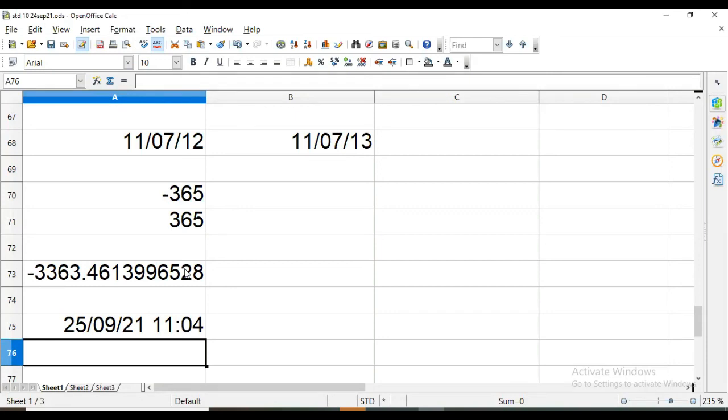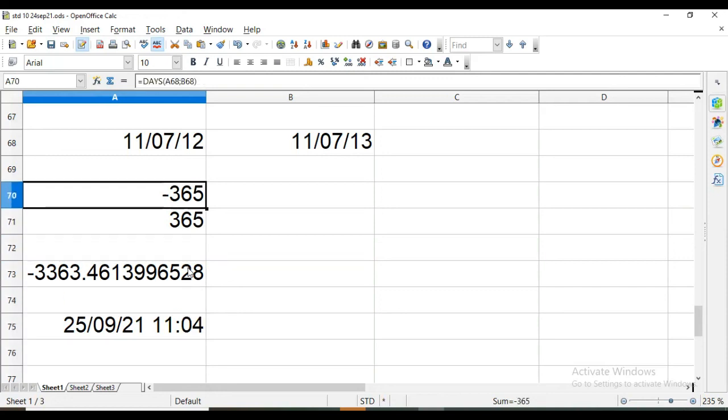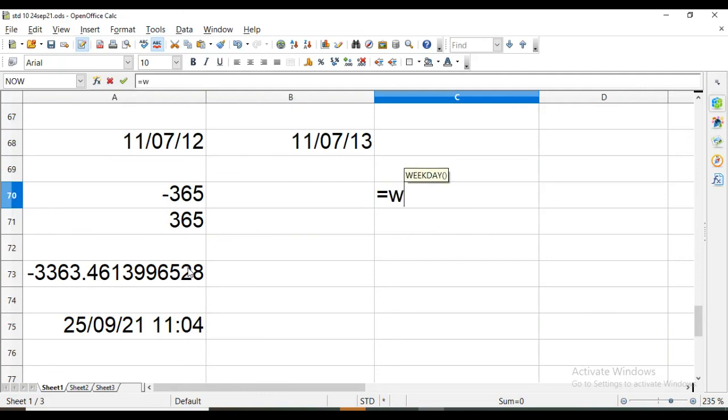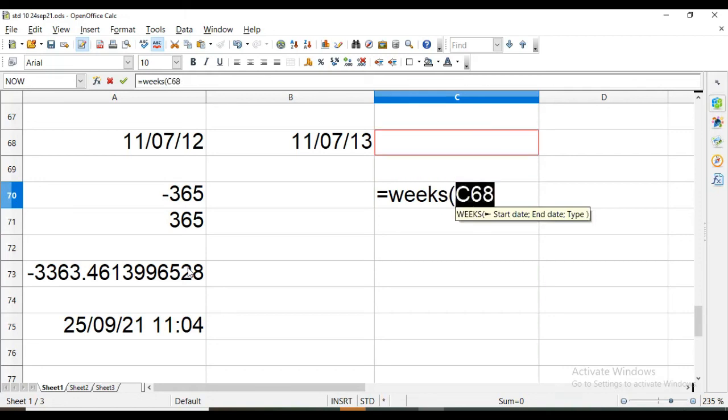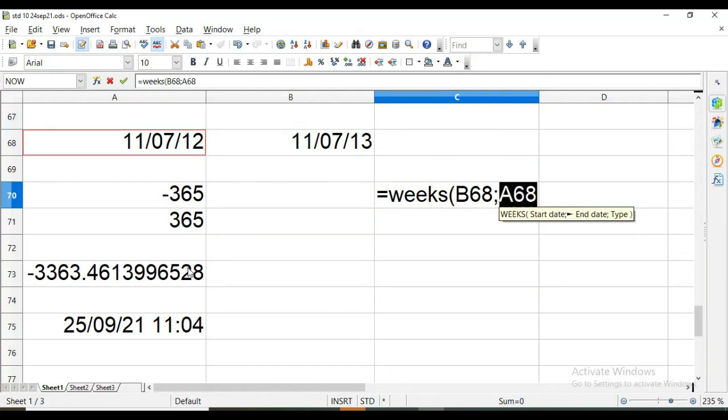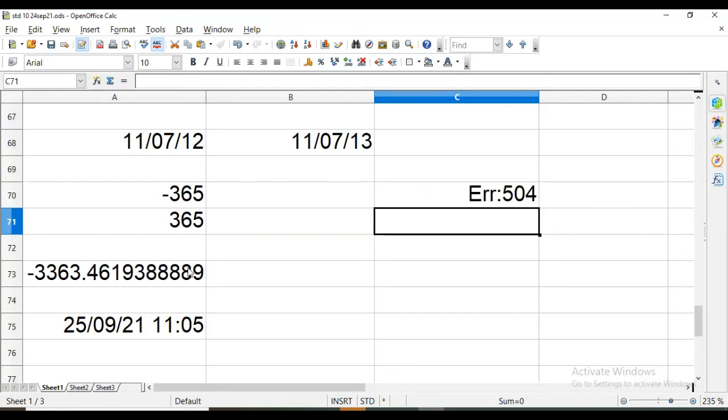Now same way, if you want to calculate the number of weeks between two given dates, for example, we are taking here the number of weeks. That function is WEEKS in years, and then we take this value, then semicolon, and the second value, and close the parenthesis.